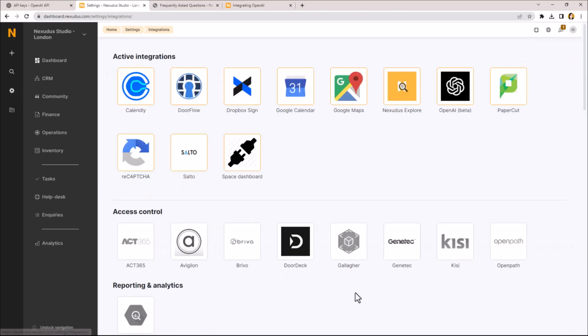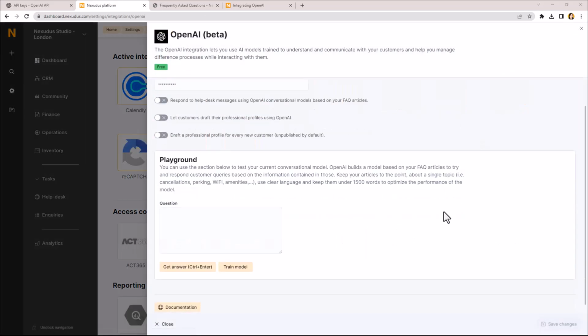If we go back to the integration now, let's start with maybe when is the space closed. So, are you closed for the bank holiday, let's say summer, specify which one, summer bank holiday, and then get the answer.